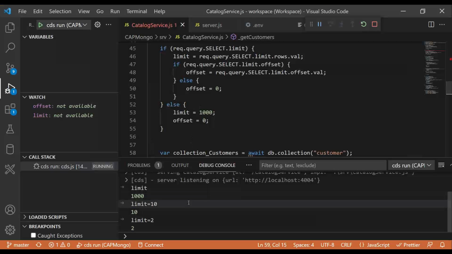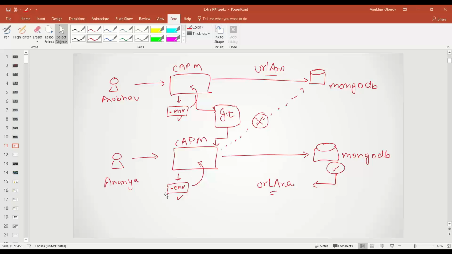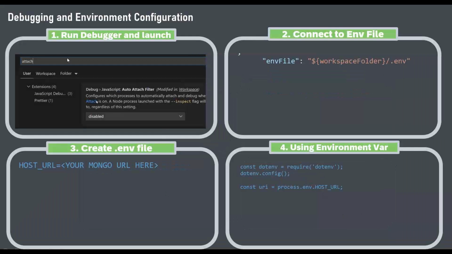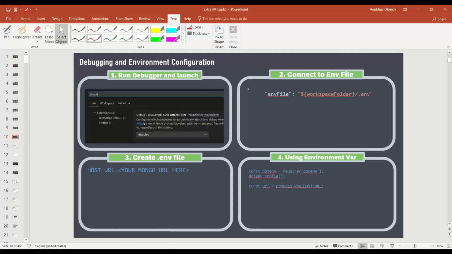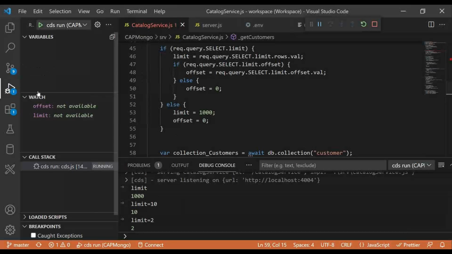And if I come back, the steps are as follows. Let me explain the steps here. Step number one is we need to create an environment file, and we need to attach this environment file to our launch config. First of all, this is a setting which you have to do in VS Code to tell it that all your environment variables are going to come from a file called .env. Where do you do this setting? Let me show you that first. This is a prerequisite to use the environment file.